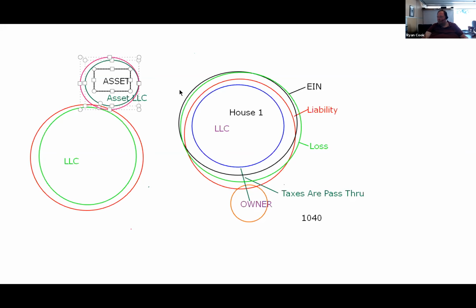Let me see if I can just duplicate it. Let me see here. I don't think I can just copy it. But anyways, this whole part, I don't think I can just do it. I was hoping I could just copy that and move.